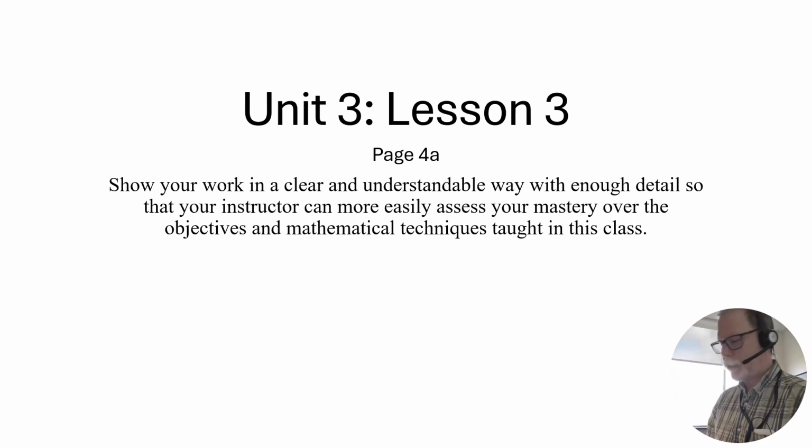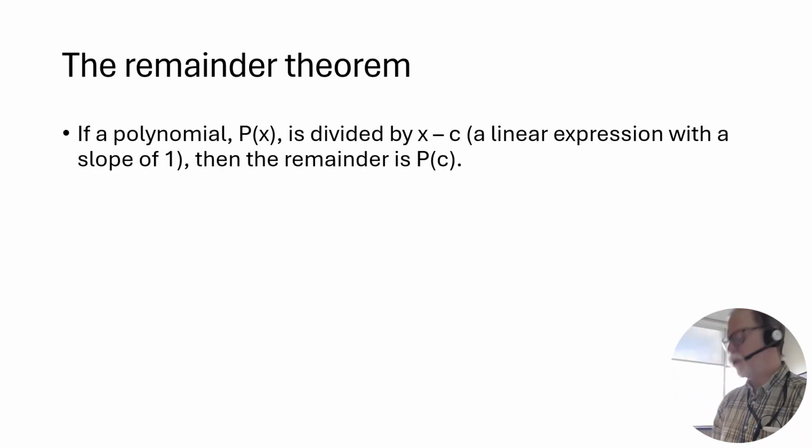Hello again. All right, let's take a look at this next example. So to start with, what's different about this example compared to the previous one? That is correct. There are some terms that are missing. What do you think we need to do with the missing x cubed and the missing x? That is exactly right. All right, but before we get to division, we're going to drop into remainder theorem because